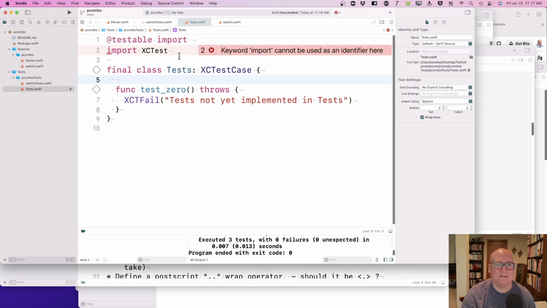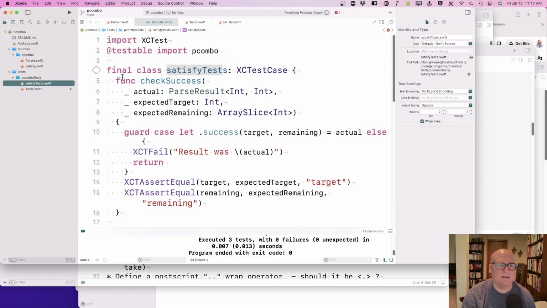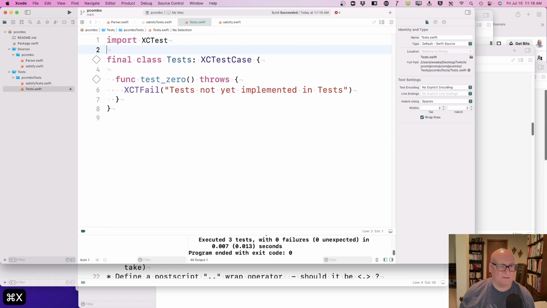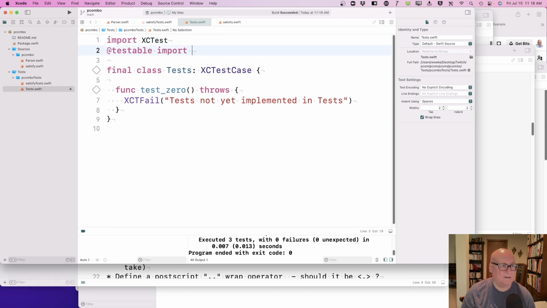Import cannot be used. There's an identifier here. Import XCTest. Oh, it left off my package, PCombo. Okay, and all right, we want to test an OrElse. Well, that tells me those little helpers are more generic than all